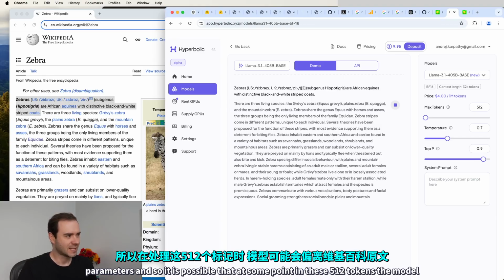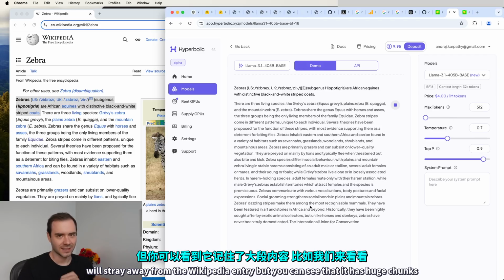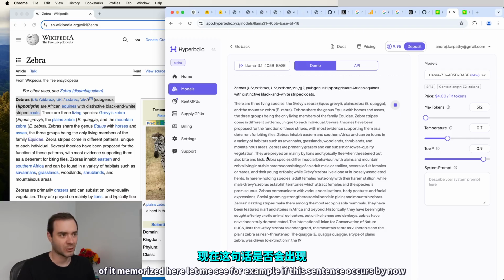And so it is possible that at some point in these 512 tokens, the model will stray away from the Wikipedia entry. But you can see that it has huge chunks of it memorized here. Let me see, for example, if this sentence